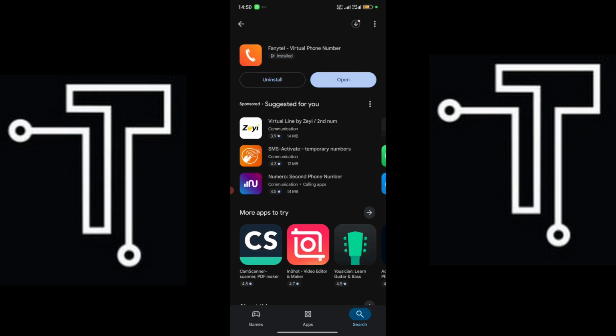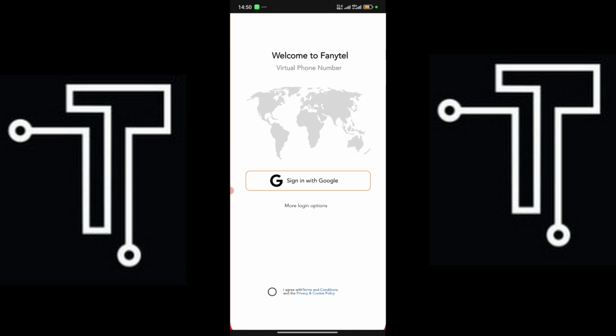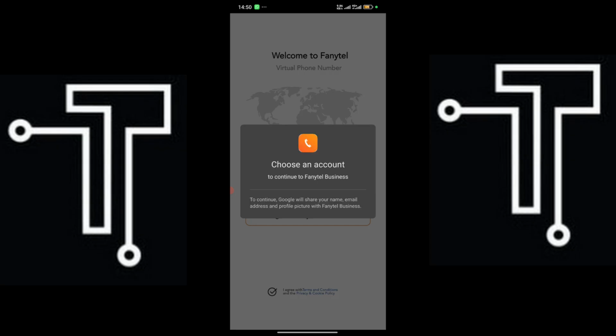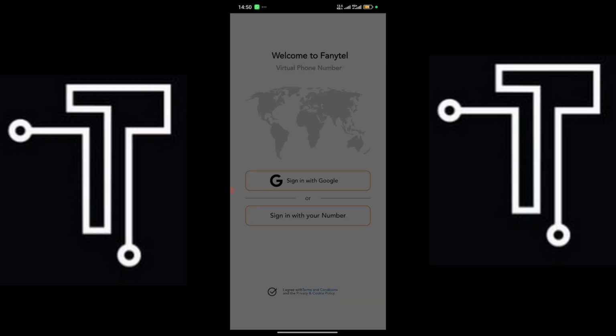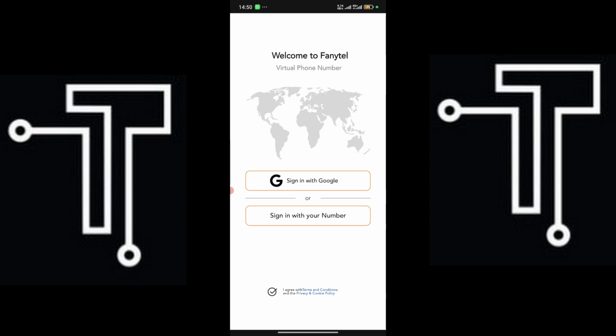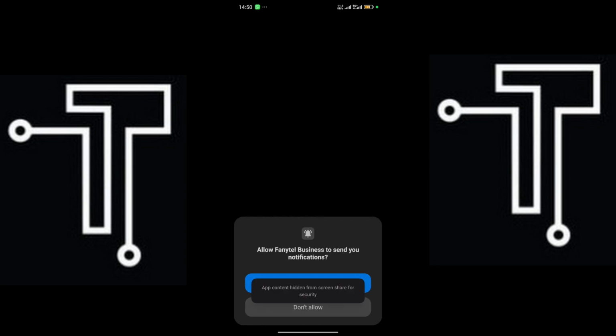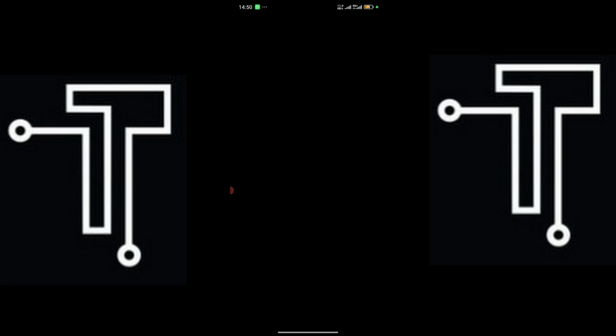So now let's open. So here you just sign in. There are other options, but I prefer using sign in with Google. So you tap on sign in with Google. Let me select this right here. So now you have just gotten your account, and if you look up right here,